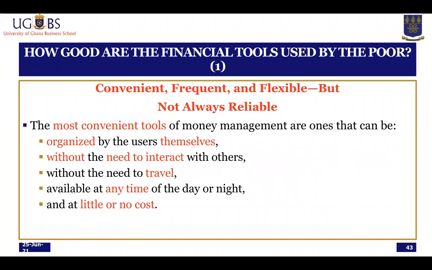when it comes to the financial tools we've seen so far for the poor, they may be convenient. It may allow for the frequency you want. Sometimes it's also flexible, but it isn't always reliable. In terms of convenience, the users themselves should be able to organize it. It doesn't necessarily need to interact with others. It doesn't need travel. It's available any time of day or night, and it's at little or no cost. So those are the things that define the convenience of the tools. Now,